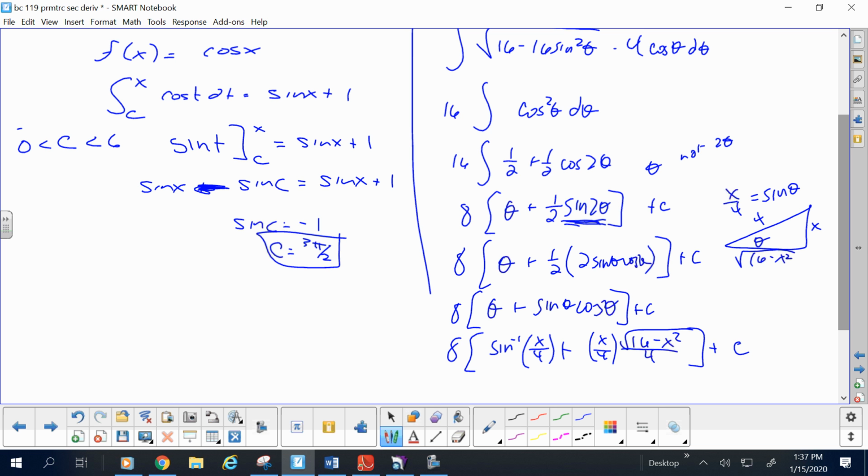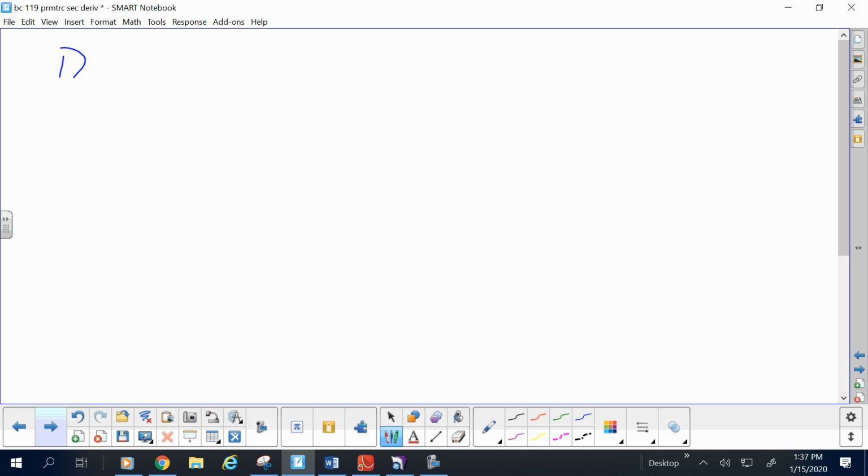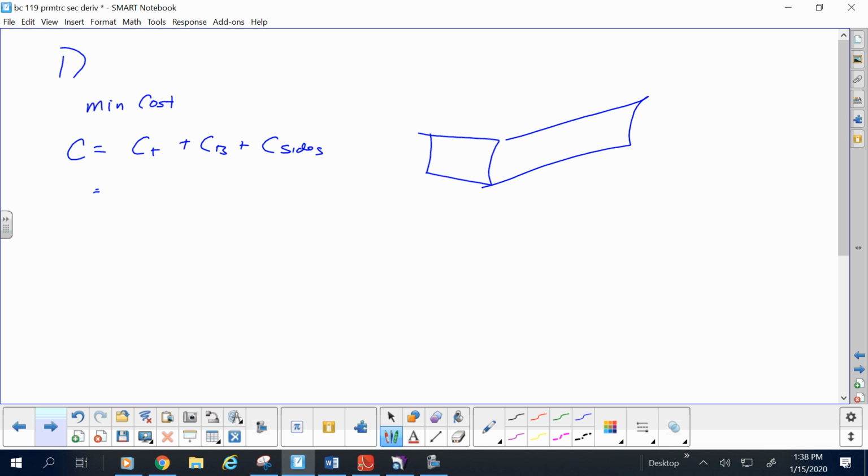15, check. Question on 1. What a mess. Let's start basic. The total, we're trying to minimize the cost, yeah? All right, so we need a cost function. We can't minimize anything until we have a cost function. Generally speaking, isn't it the cost of the top, cost of the bottom, and the cost of the sides? It says here that it's